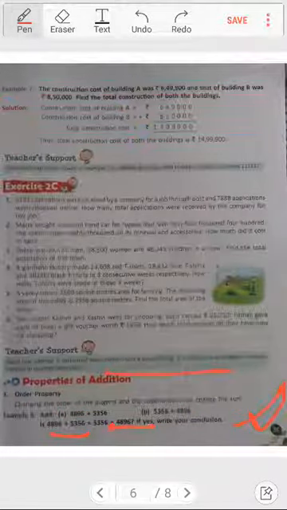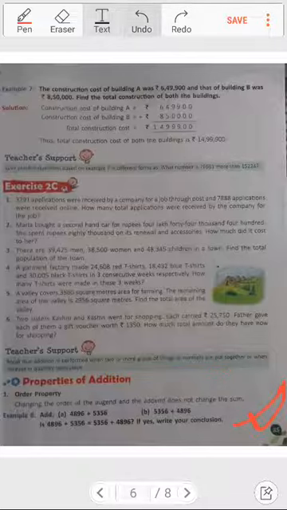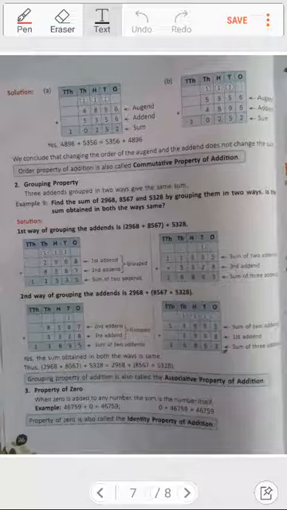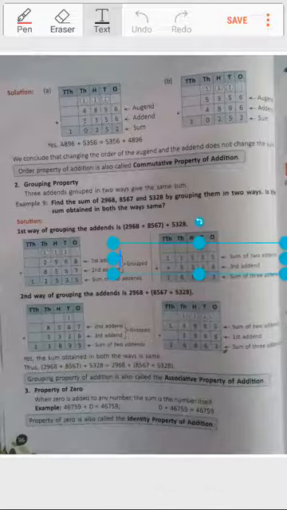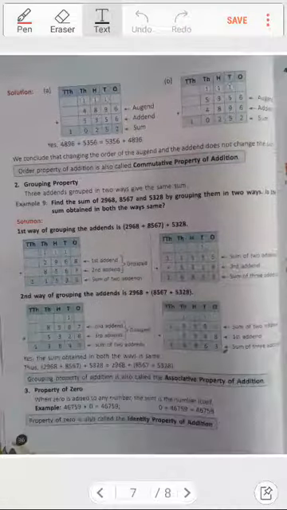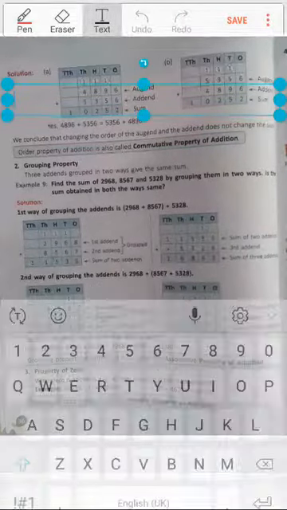Okay, so if you will see the next page, okay, same thing it has been done. It has been added at first 4896 and 5356. You can see the sum comes how much? 10,252. Okay, in the same way if you will see over here also, this top one has gone up. Here if you will see what happens, this top one has gone up.